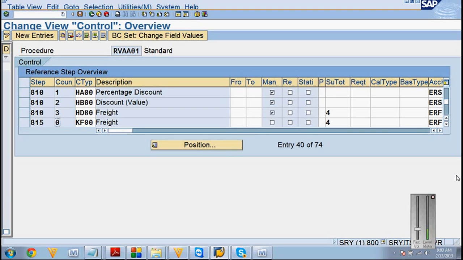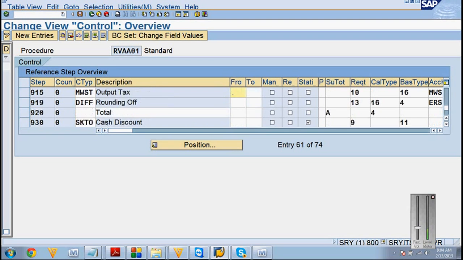See, we are discussing all this because we should know how the system will behave in future. For that reason, we are discussing these 16 fields. So pricing is dependent on this. That means the pricing procedure is controlled by 16 steps. Remember this. And when it is counter, there is another one, something called from and to. It has counter HA001, but the percentage discount is on the standard price, the regular price, it is generic. That's the reason from and to are empty.